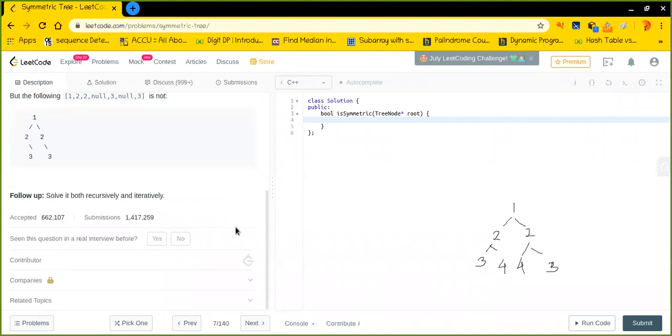I hope it is pretty clear to you now how we can define a symmetric tree. All right. So basically, we need to solve it both in a recursive and an iterative way. I think the iterative way is pretty simple because we can solve it by just moving level by level, and we can simply check whether both of those elements, on both sides, are equal or not. So it is pretty simple. But if you have any doubt in the iterative solution, you can simply go on and fire a comment in the comment section. We'll look into it.